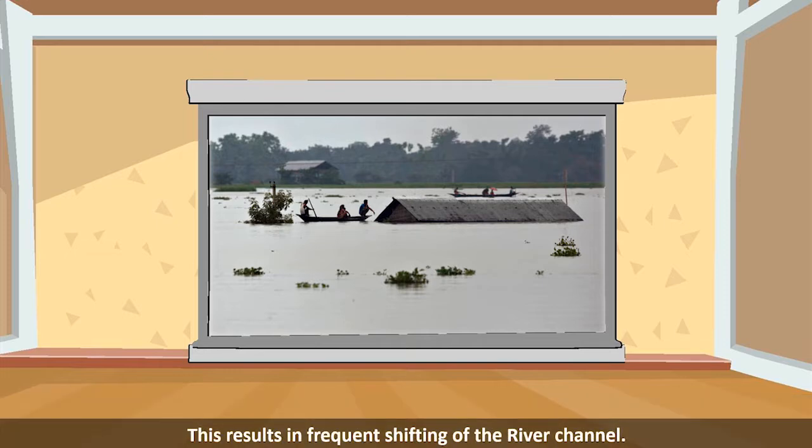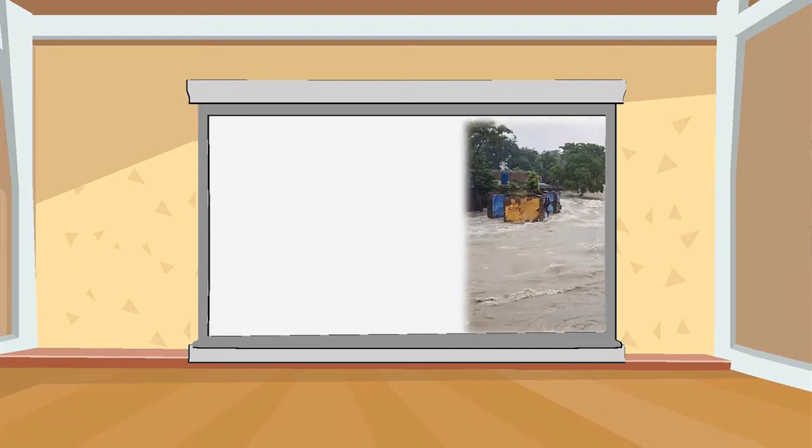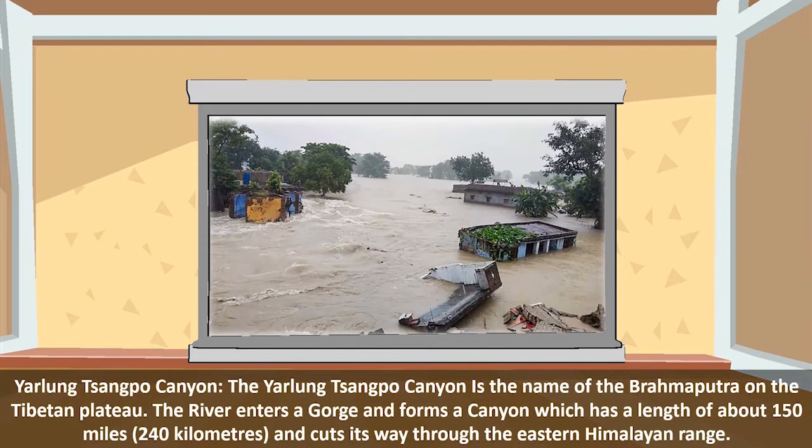During the monsoon season, as the river receives extensive amounts of water, it swells up and causes floods and tremendous losses of life and property. A unique feature of this river is that it shifts its floor due to the large amount of silt that it carries. The river Brahmaputra is known as the Yarlung Sangpo in the Tibetan plateau.